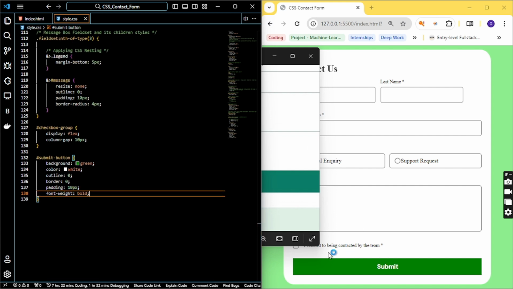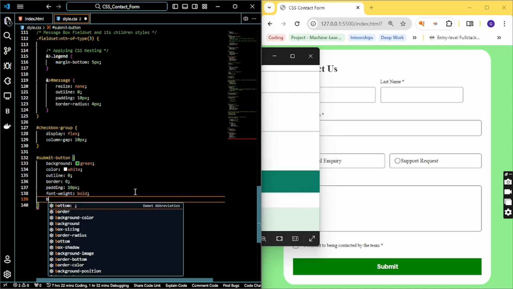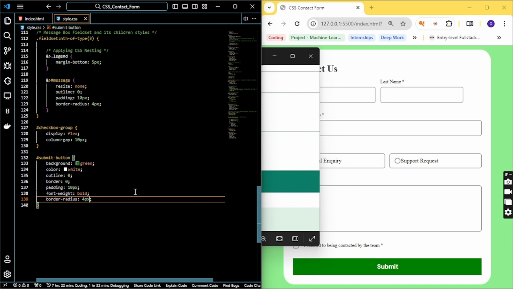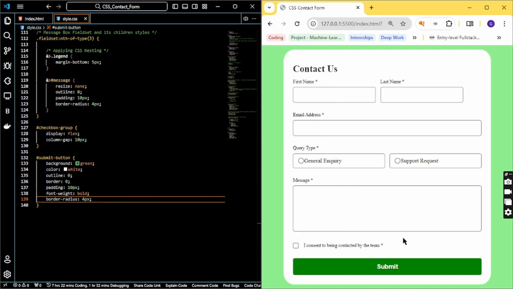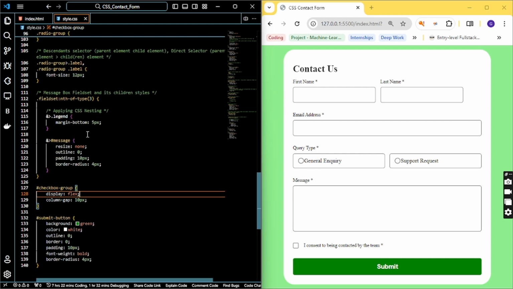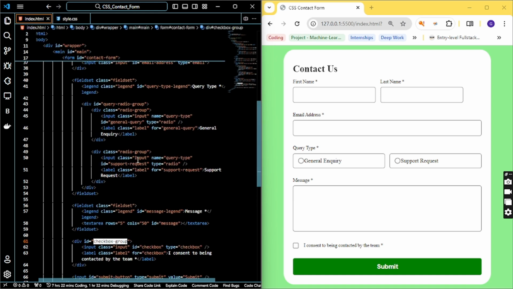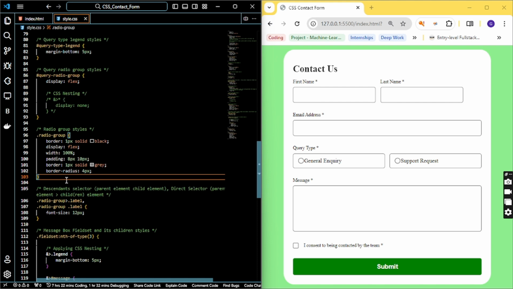So we've given it bold, and then last thing now is border radius, right? And we can give border radius of 4 pixels, same as everything. So that wraps up the CSS of this, except that we need to space this a little. So we can select the radio button. Let's select the radio button. So we have type selector as well. So in order for us to select the radio button,